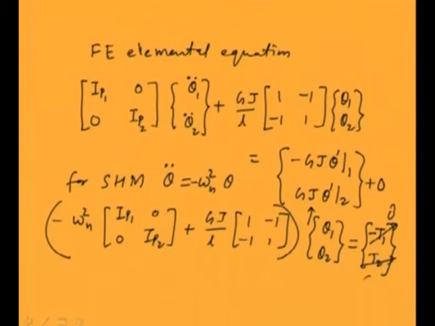Now we can apply the boundary conditions. Here the shaft is mounted freely on the two bearings. So at both the ends of the bearings, the shaft is free, so there is no torque at the ends. So when there is no torque, both the torques will be 0. So the equation after applying the boundary condition takes this particular form.